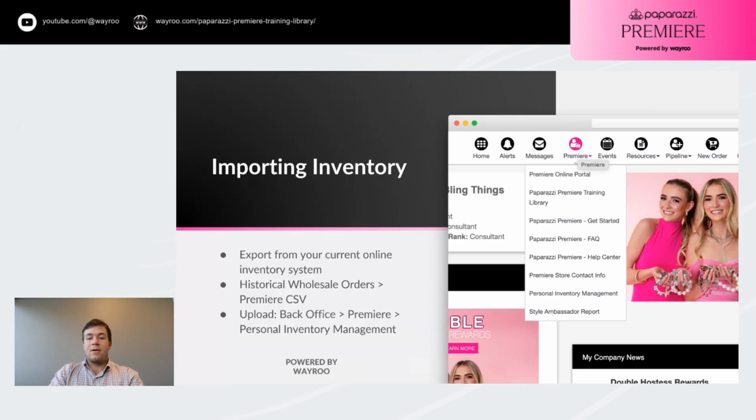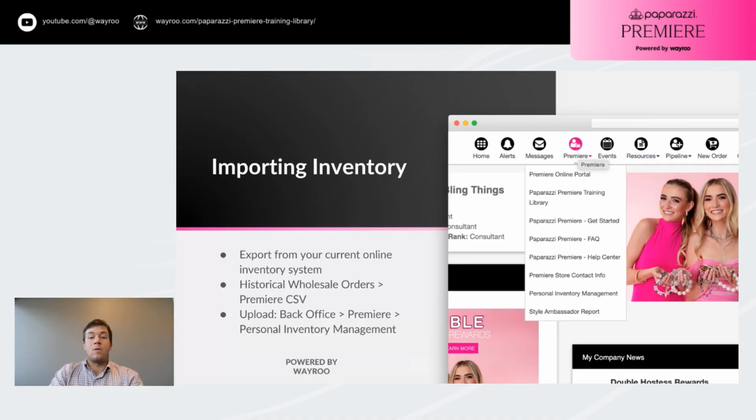And the other common application for this tool would be if you're using another platform and want to get all of your items within Premiere. You can download the item data from another platform in a spreadsheet. You'll probably need to change the formatting of that file in some way to match what I mentioned earlier. So columns, again, with SKU, quantity, and item number. You could then upload that file with all of the data from that other system, and it would paste everything into your Premiere inventory. And one last application that I should mention is you can use this tool to upload